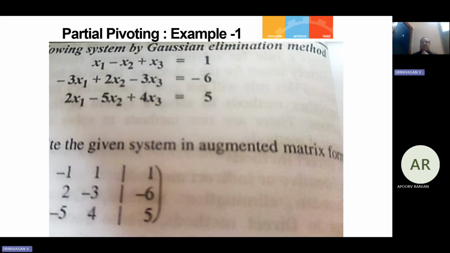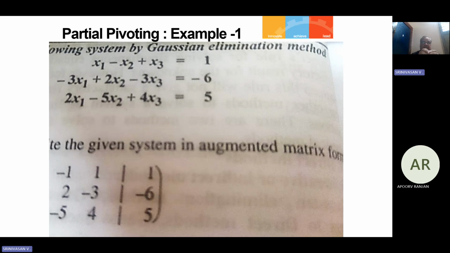Just look at this. I give you a good example where the problem is to solve by Gaussian elimination method with partial pivoting. Therefore, remember, if in the question paper you are asked to solve by Gauss elimination method without searching for the largest element and making changes in the pivot, the only condition for elimination in general is that the first row, first column element should be non-zero. If it is 0, naturally you have to interchange. But even if it is non-zero,